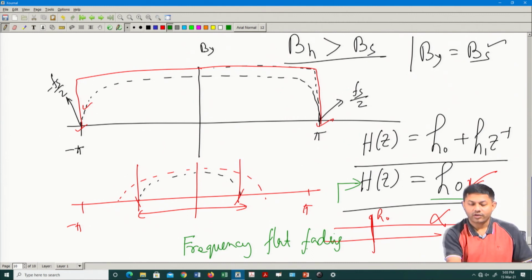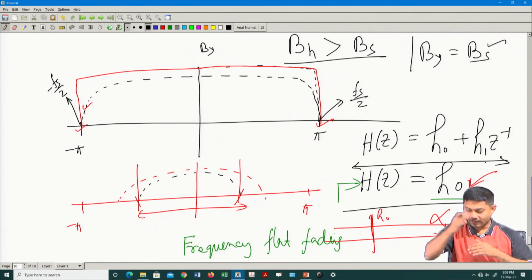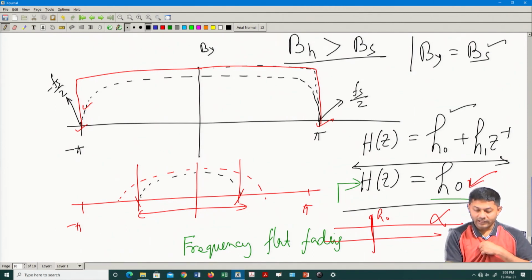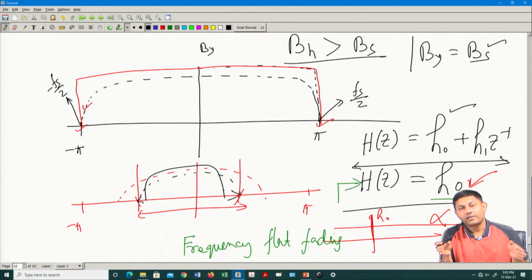But what happens when my channel has at least more than one tap? What will happen to that? It no longer is a frequency flat fading channel, because it may cut down some of the frequencies, not taps, some of the frequencies of your data. So, it simply means that within my viewing window I am seeing some components get cut, that means the bandwidth of this channel will be much lesser than the bandwidth of my transmission.